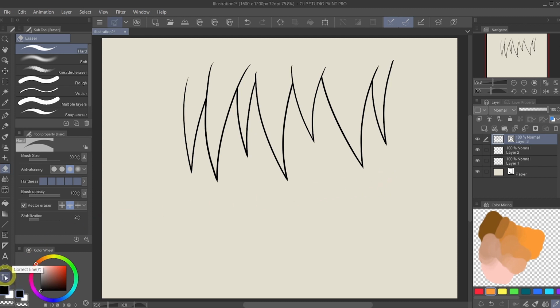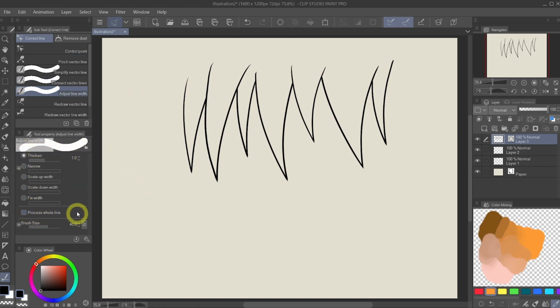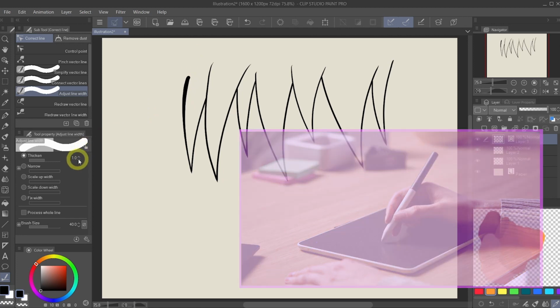If you go to the very bottom of your toolbar, you will notice something called Correct Line Tool. Let's click on that. Inside the Subtool palette, you will see several different tools that will show you how to navigate or how to manipulate your vector lines. We're going to select Adjust Line Width. With this feature enabled, you will notice a series of attributes inside the Tool Property palette. With Thicken selected, you simply brush over a line and it's going to automatically thicken it by 1 pixel at